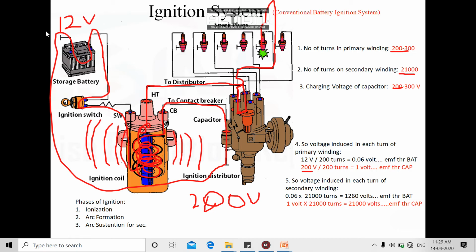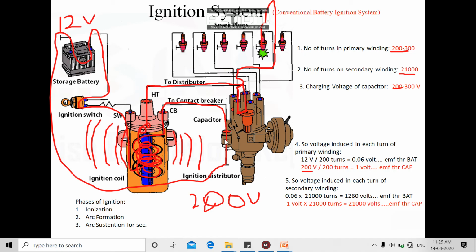Okay, and current from the battery starts to flow through the capacitor instead of flowing through the contact breaker, and the capacitor gets charged to about 200 volt. Then the flow gets reversed, and it starts to supply to the battery. During that time this contact is broken, and at that time only this lead or needle of the rotor is supposed to have contact with the lead of the next cylinder. So this keeps going: whenever the contact is broken, the capacitor gets charged and discharged.